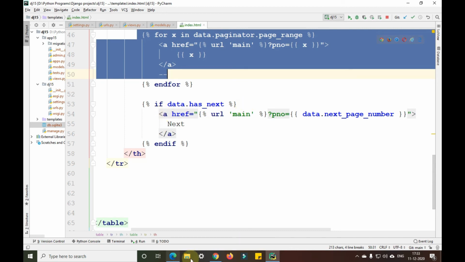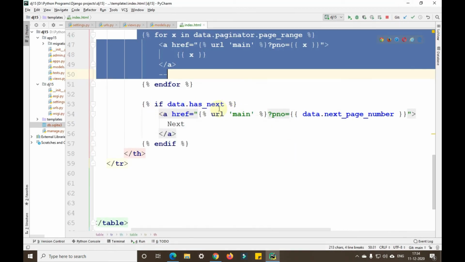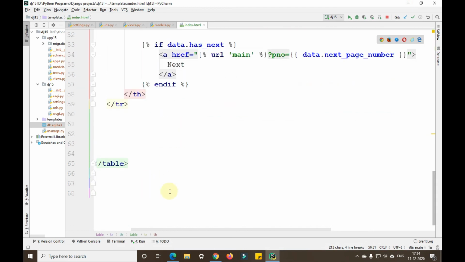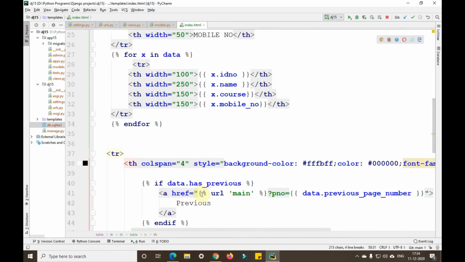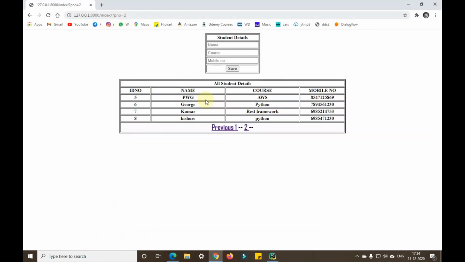The next condition that we have given is if there is any next page. For example, if we are in the last page and there is no next page after that, then it will not show the next value here, as you can see. That is the condition that I have given here. Okay. So with the help of the paginator, we are able to do this in an easy way. If we are in the first page, we are getting the page number as 1 here. If we are in the second page, we are getting the page number as 2 here.